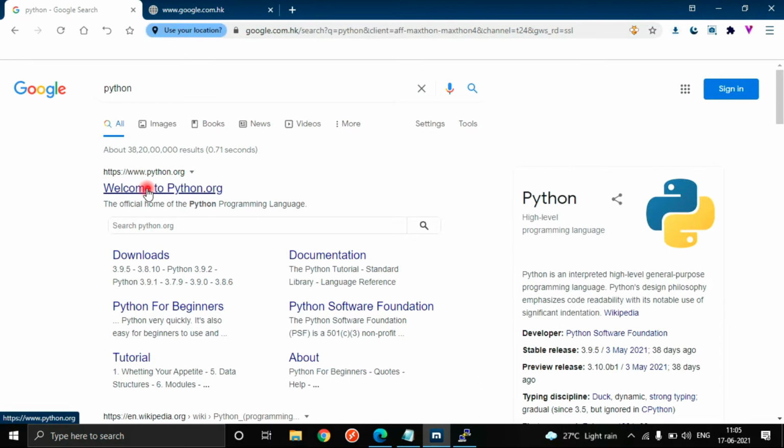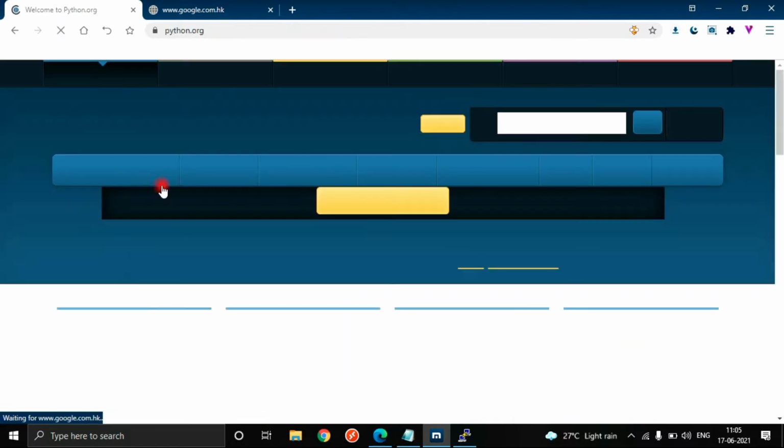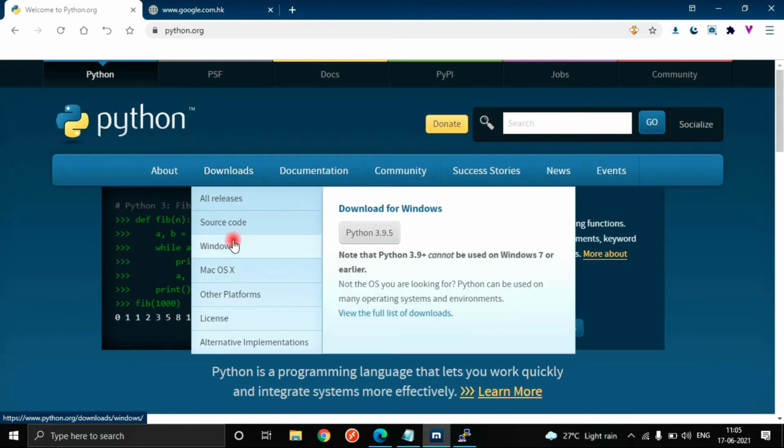Visit the official site https://www.python.org, click there, and in the download section go to source.